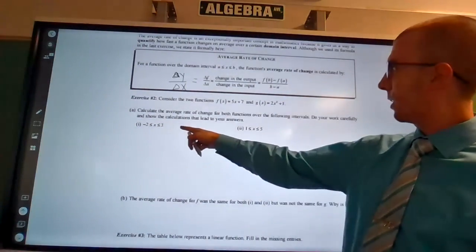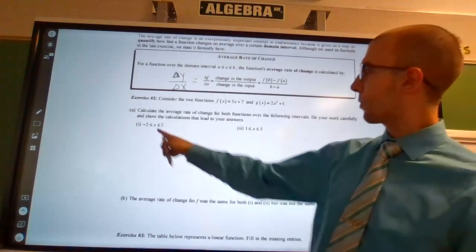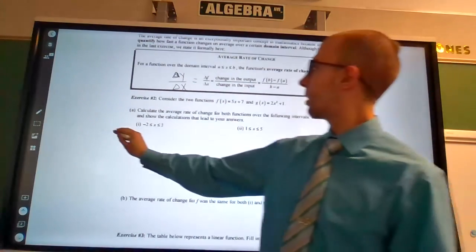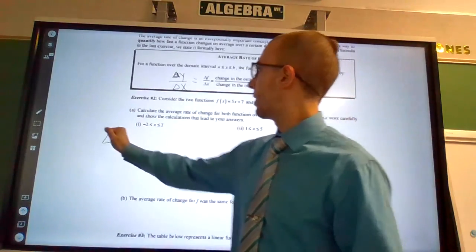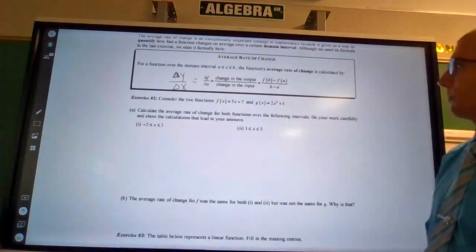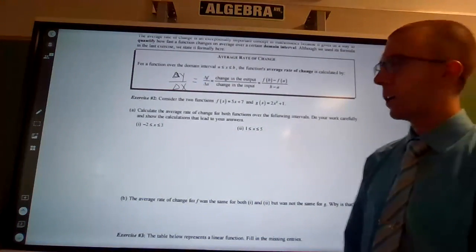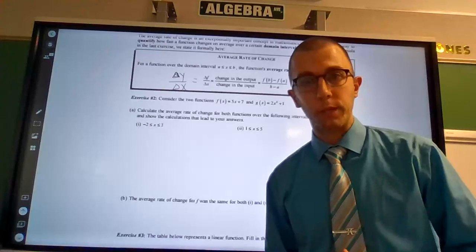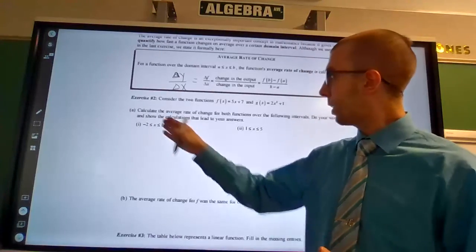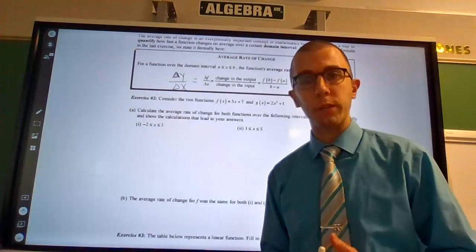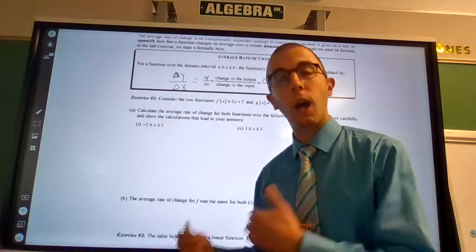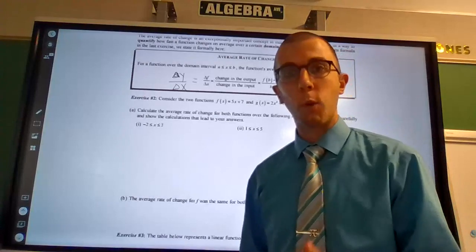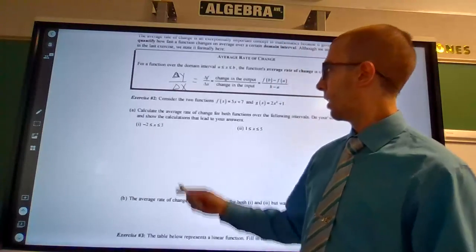So my x interval, my domain interval, goes from -2 to 3. So from -2 to 3. I don't know the function values yet for those inputs, for those x values. So I need to use those x values, those inputs, to get my outputs. Otherwise, I will not be able to determine the change in the output or the function change. So I'm going to take